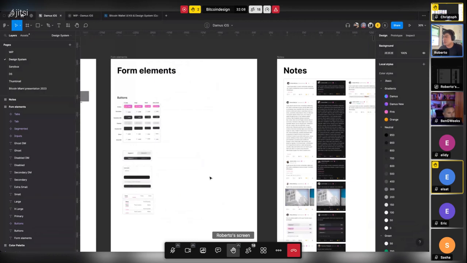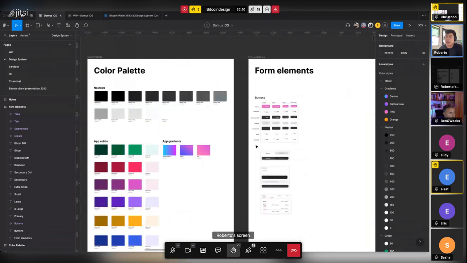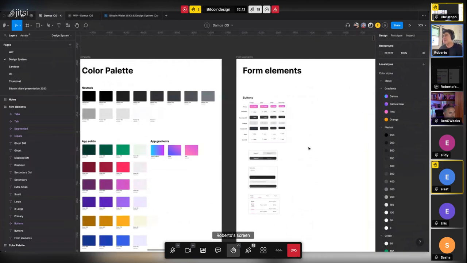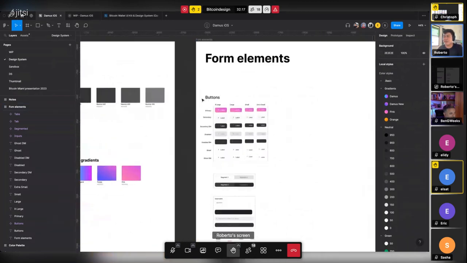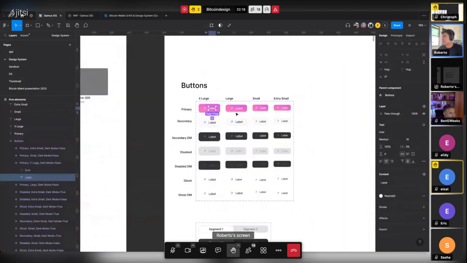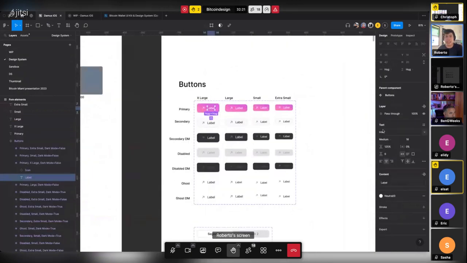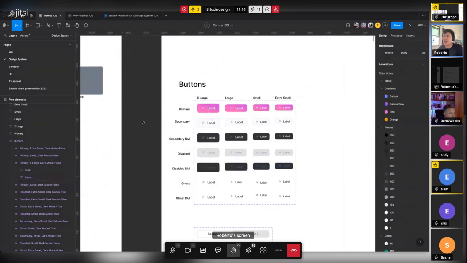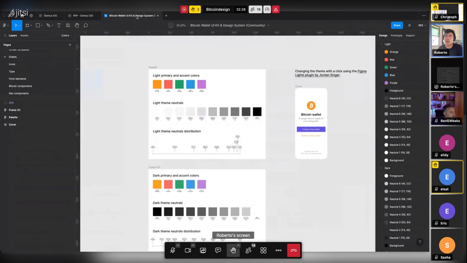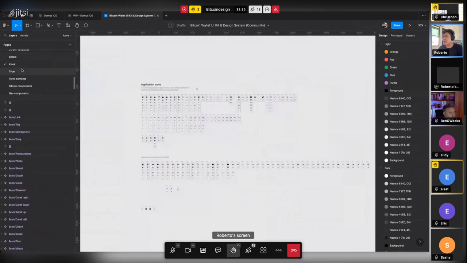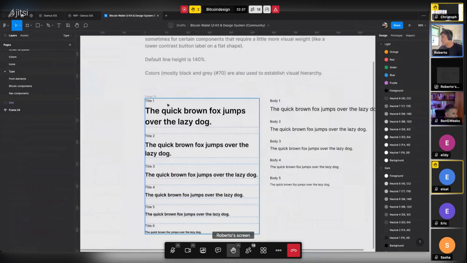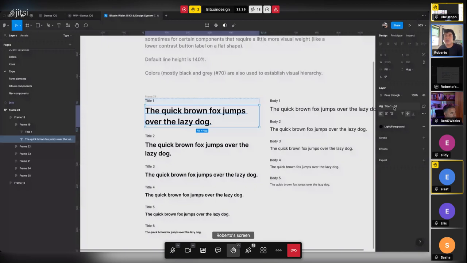And I made a huge mistake from the very beginning, and I'm not sure if I'm on time to fix it, which is that I didn't create any text styles. So as you can see here, everything is totally attached to a specific text style. I was checking, for example, the Bitcoin community wallet UI kit, and for example, you have the type in here. So I didn't create this one, and I didn't save it as you have it in here,